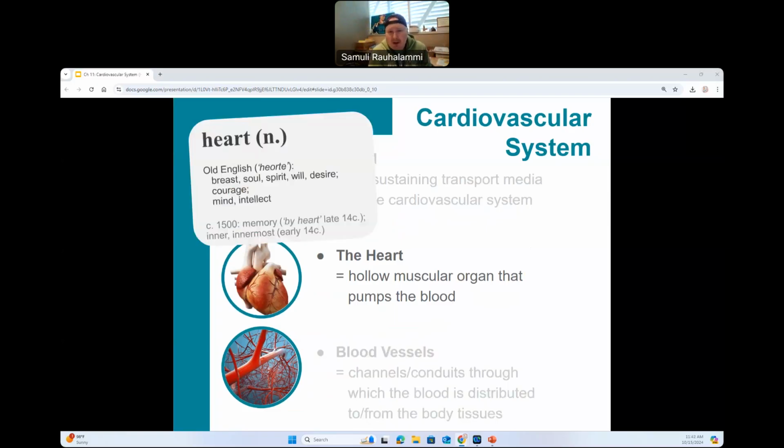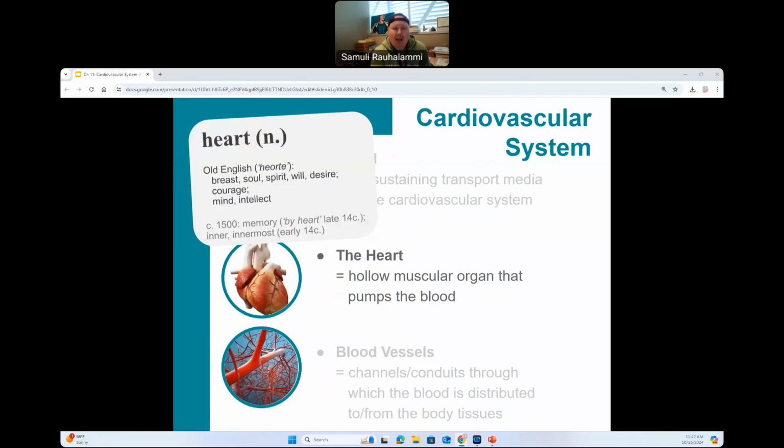Typically, when we talk about the heart in layman's language, we see that there are a lot of expressions that allocate things like a soul or a personality to the heart. Some of the examples that I can immediately think of would be to say that someone is kind-hearted, or that they have a heart of stone, or being heartless, or someone being all heart. So what that really tells us is that the heart is so important for our survival that historically we have associated a lot of functions that we now know to be within the brain, especially the frontal cortex, to the heart. So that's where some of the misconceptions might originate from.